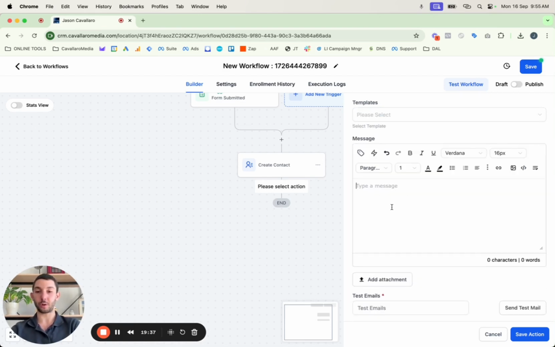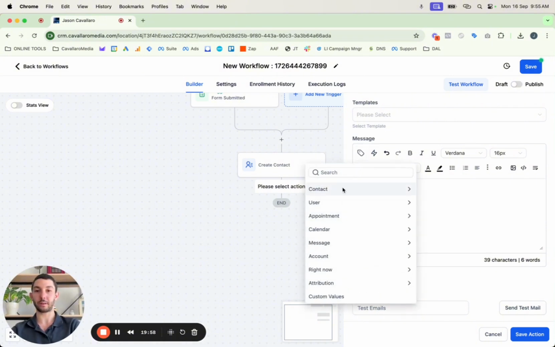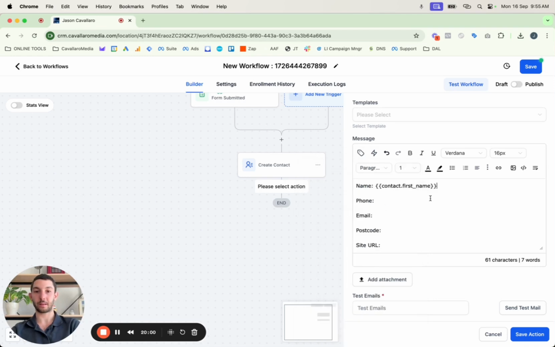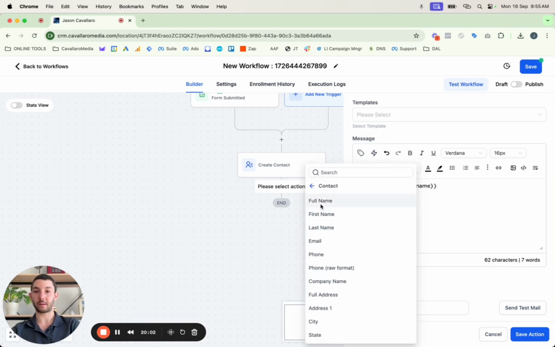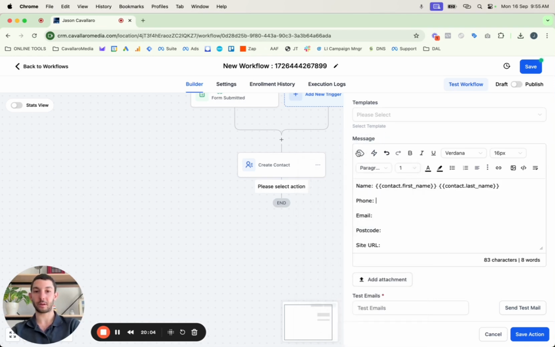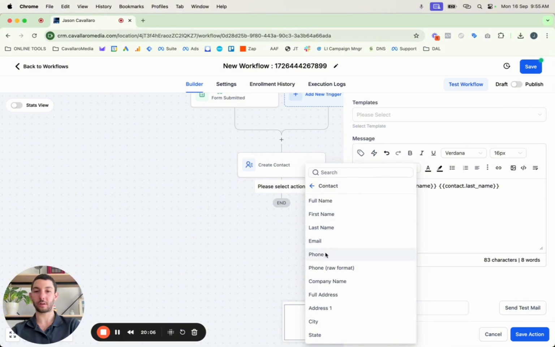Then what you want to do is like this: name, phone, email, postcode, and site URL. So then you go here, custom values, contact, first name, space, last name, so phone,